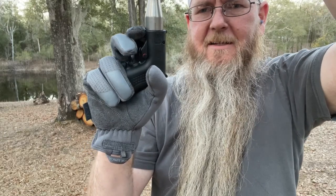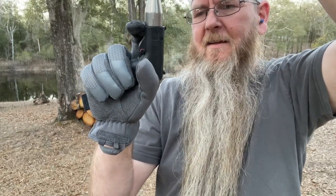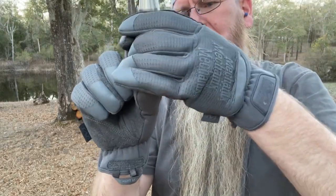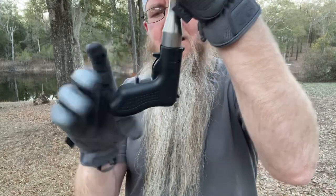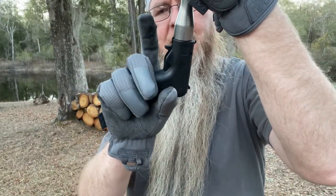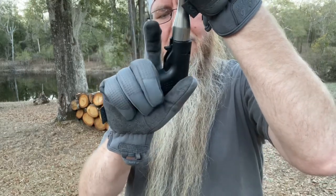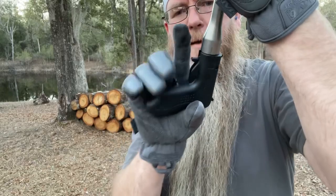I'm gripping it up in the wrong area, so I can't. The thing is, you have to hold it down here so much that it really, let me put the safety on. You have to hold down here so much. There's literally nothing that you're holding on to. So it really makes it where you can't get a good grip on it, not only from a safety standpoint,